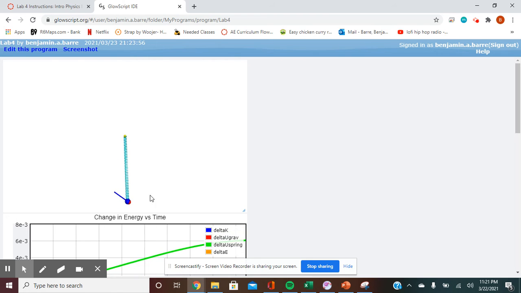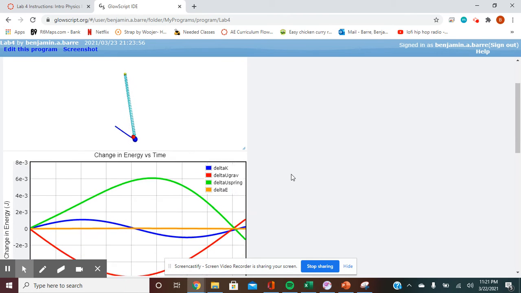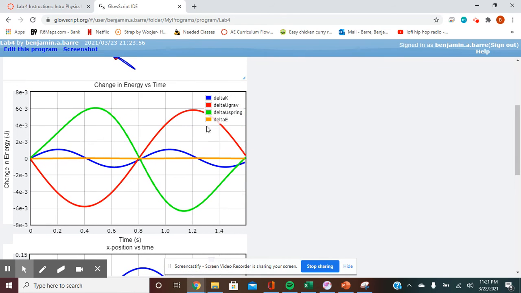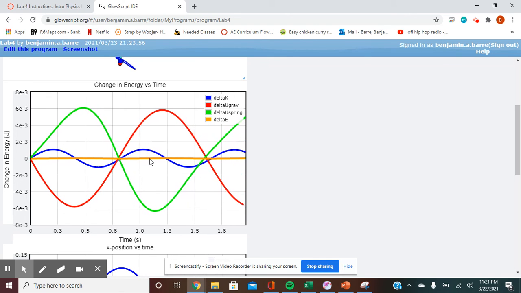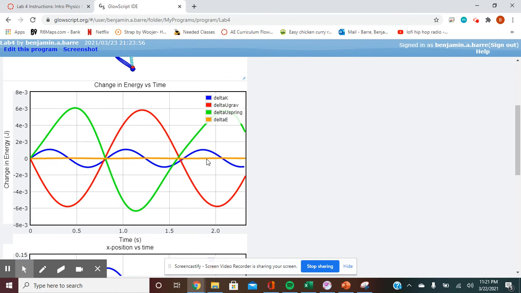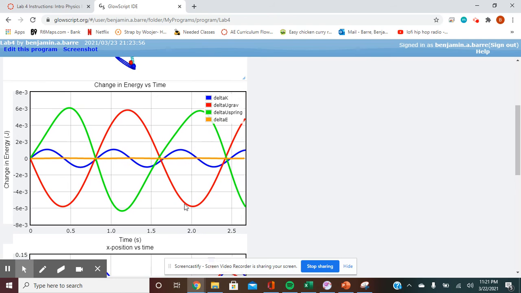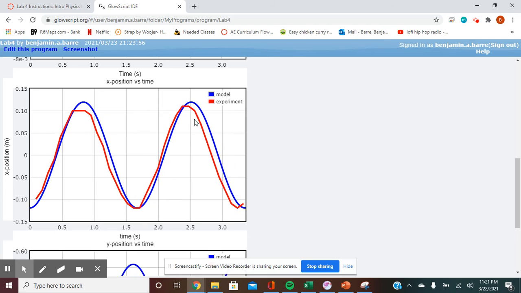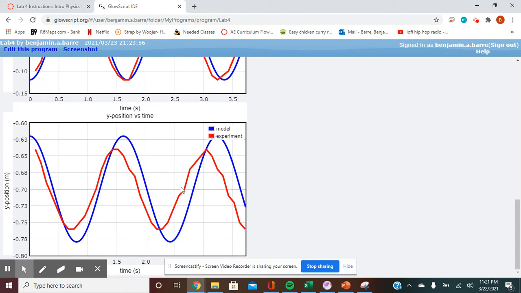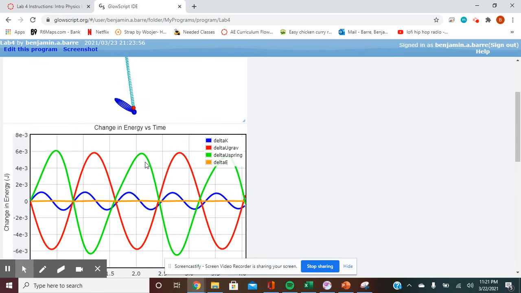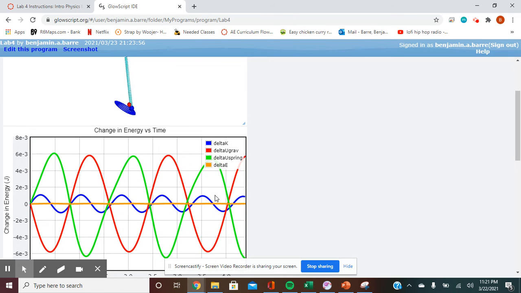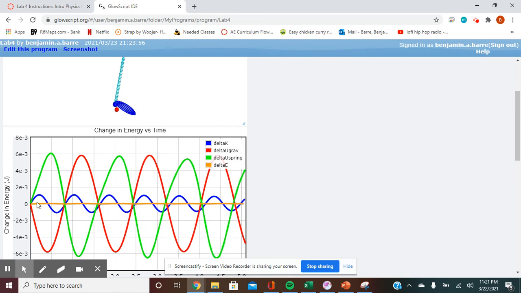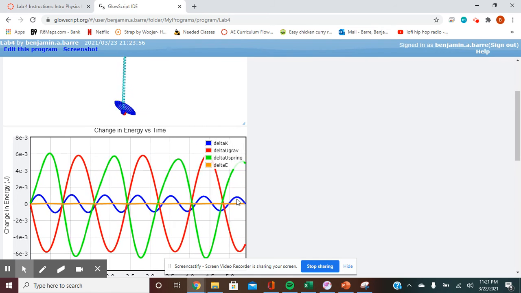Here you can see the spring move from right to left. This is a change in energy versus time graph. You can see that in the middle we have the change in total energy, which is a constant 0, and the others are all oscillating. We have our model versus experiment. We're very close to being accurate for both x and y position. And as you can see, until the very end, the change in total energy remains 0,